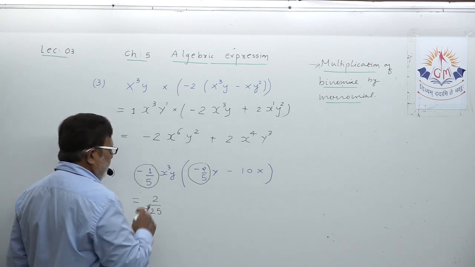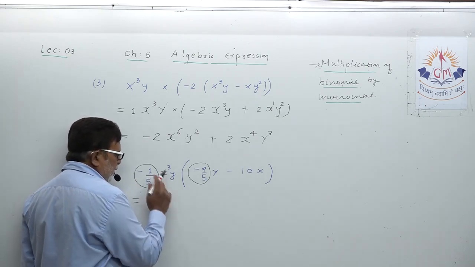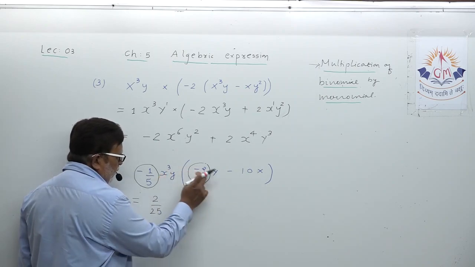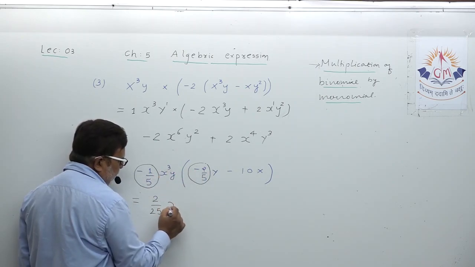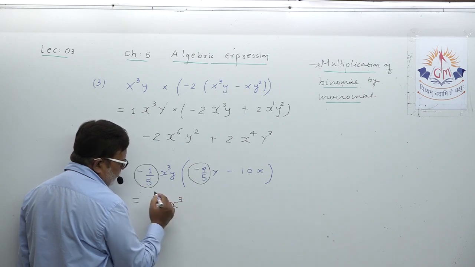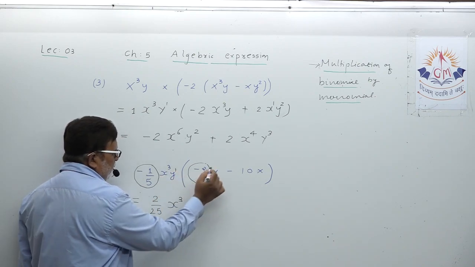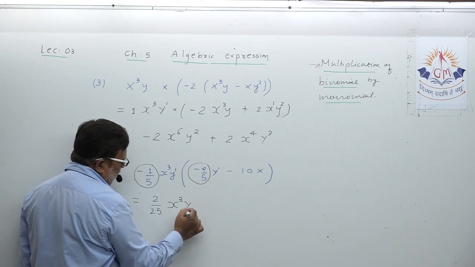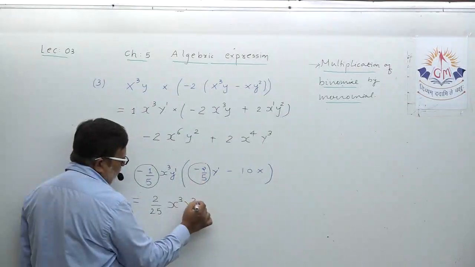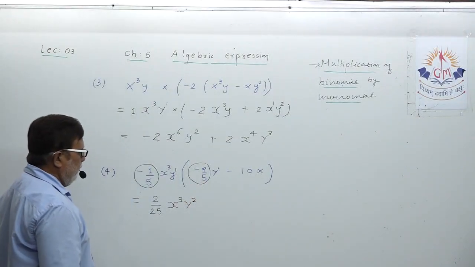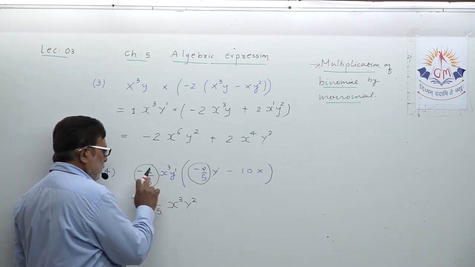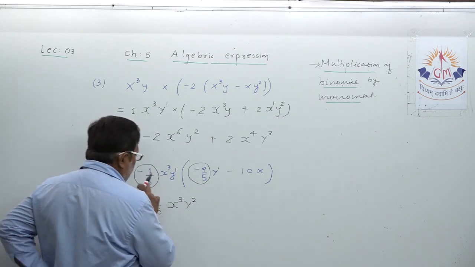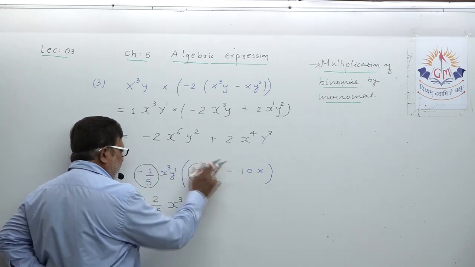Now it's a question of targeting the variable x. There is only one term containing x. Let me write it as it is. No power means 1, here 1. So I will write 1 plus 1 y raised to 2. First is over. Now you have to multiply this with this.